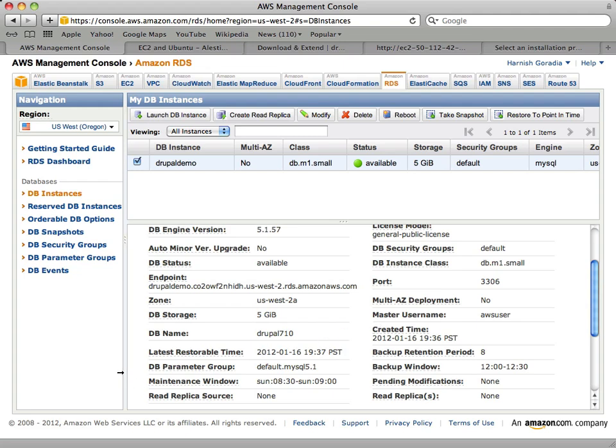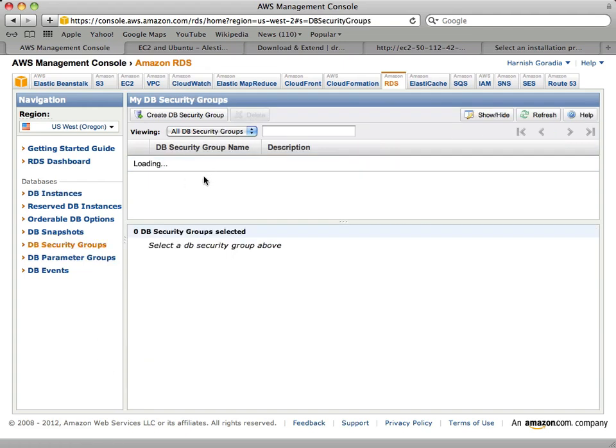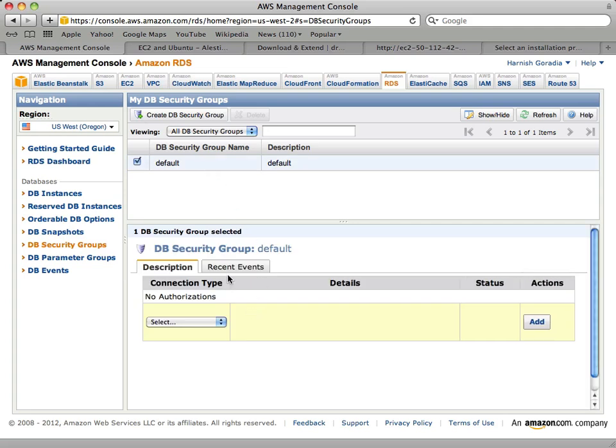Now, I cannot access this because I've not specified anything in the security group. No authorizations. I'm going to select IP based, and paste that private IP in with /32.